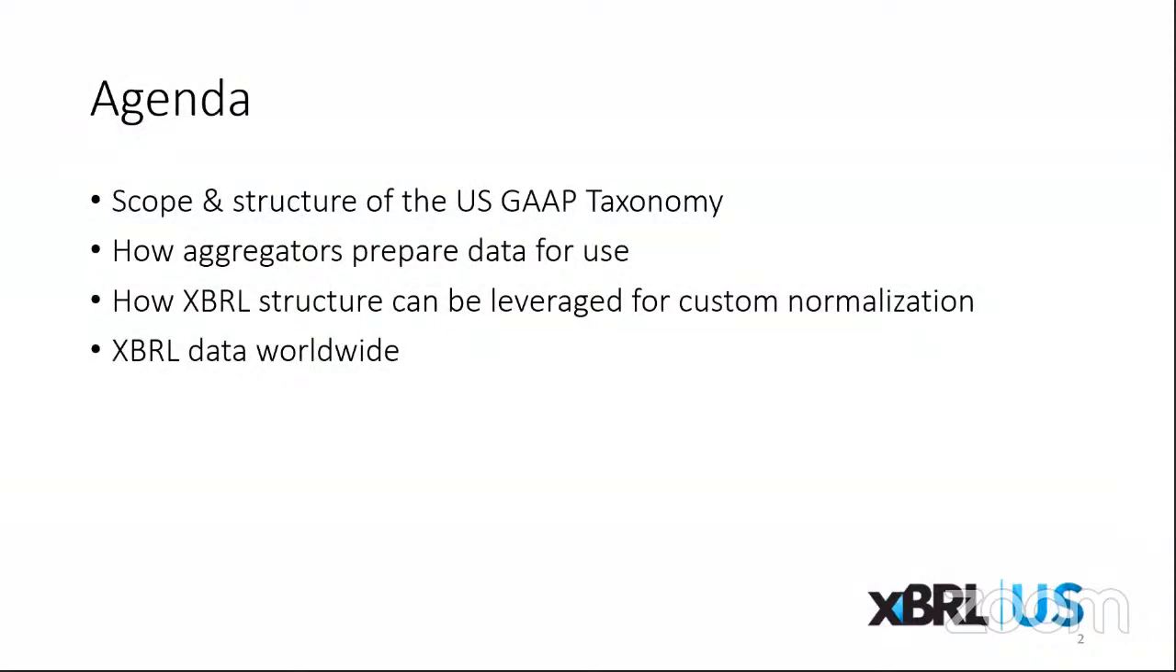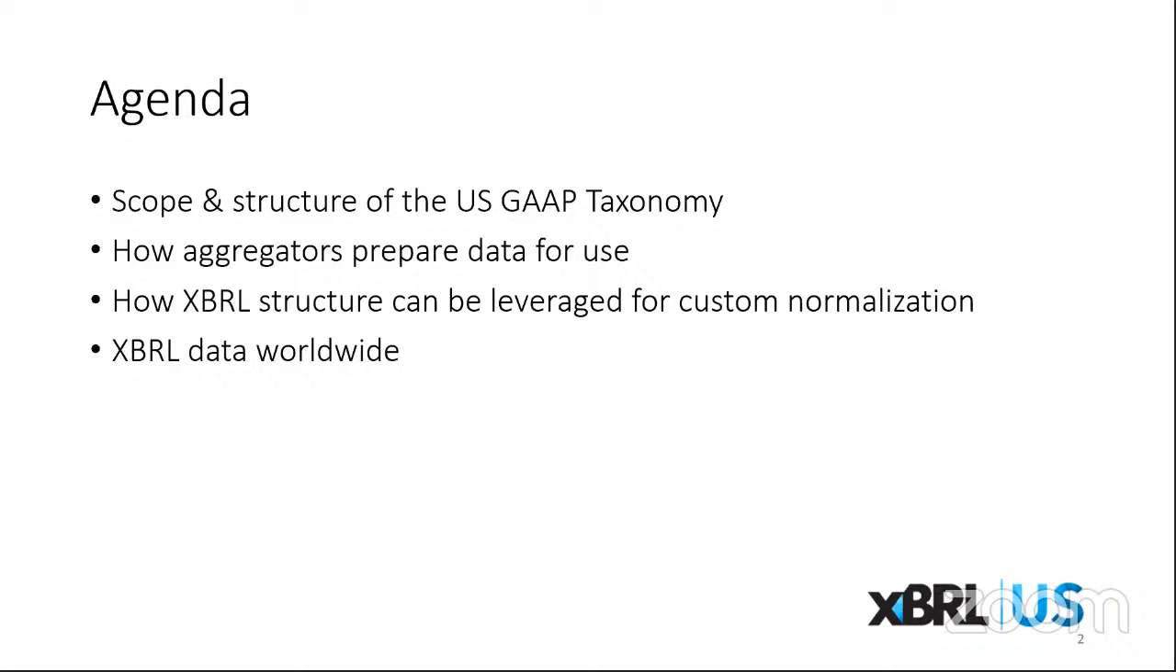So I'm going to talk a little bit about what we're going to cover today. First, Campbell's going to talk about the scope and structure of the US GAAP taxonomy. He's then going to focus on how aggregators prepare data for use, because when company data comes in financial statements, companies have their own way of reporting things. They may use different labels, different headers. There's lots of elements in the US GAAP taxonomy that can be selected from. So there is some preparation that needs to go into that process before you can really confidently compare one entity